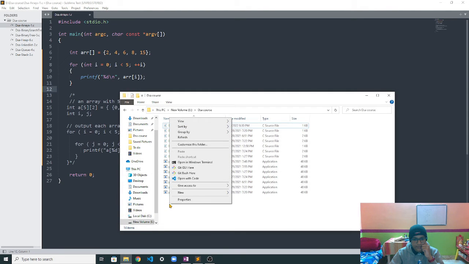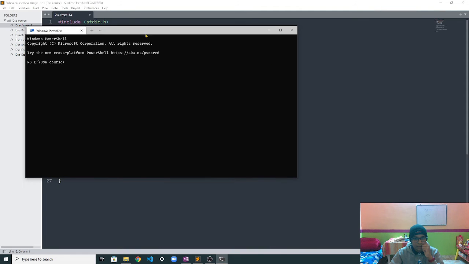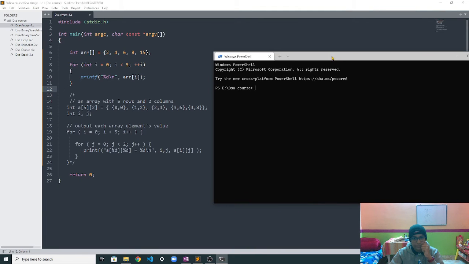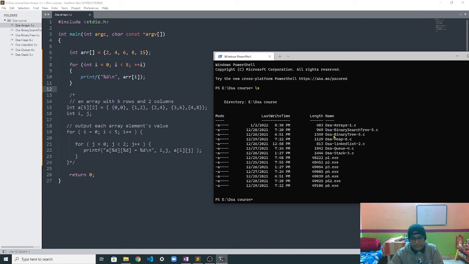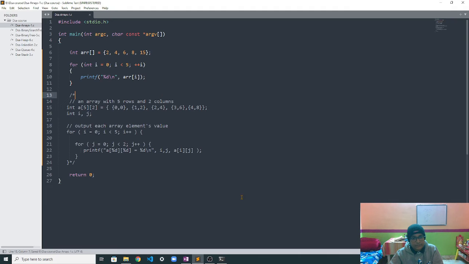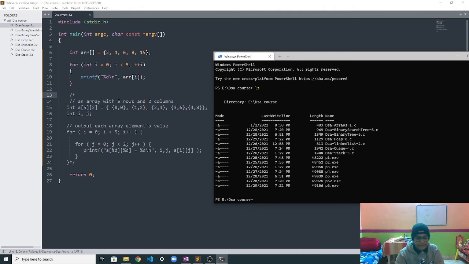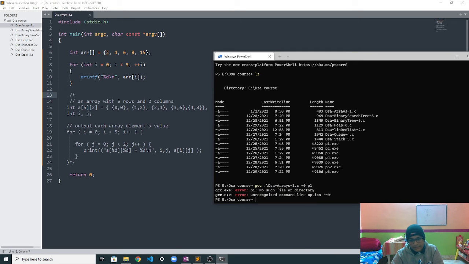Okay, so now let's open the terminal here and actually see how it works. Here is the directory, and let's open a terminal here. We have this file. First list all the files in here. I'm preparing the code for the lectures as well. So let's save our code first, and then let's use the GCC compiler, and then dsa arrays, and let's give it a name which is part 1. Okay, so let's compile it.